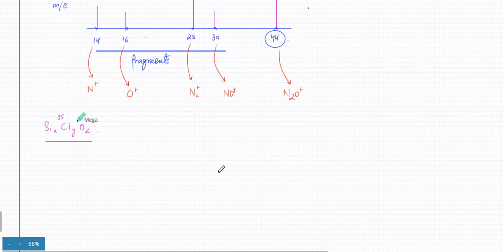Otherwise there would be M plus 2, M plus 1, M plus 4 peaks, right? But there's no variation in the isotopes. Cl is always 35. Si is 28. And they've said that oxygen is 16. So that is fixed. Silicon is 28, Cl is 35, and oxygen is 16. And this is Z. Z means you're not sure how many oxygens it has, and you're being asked to draw the structure of this molecule based on this mass spectroscopy, where you're detecting something at 133, then again you're detecting something at 147.